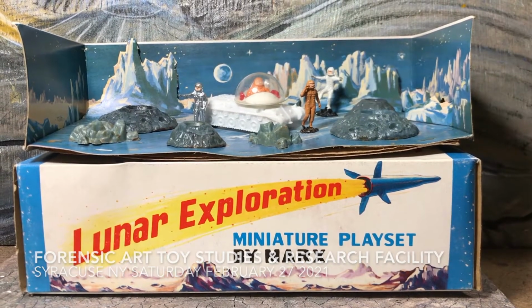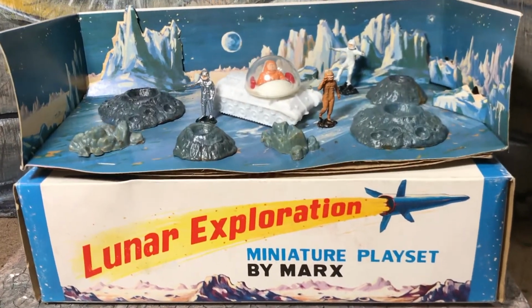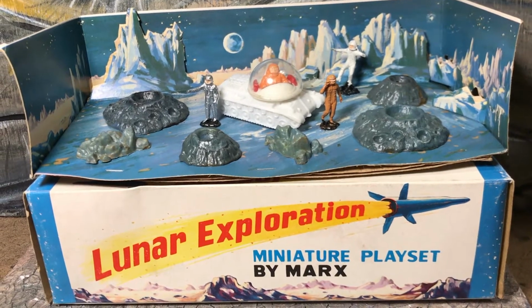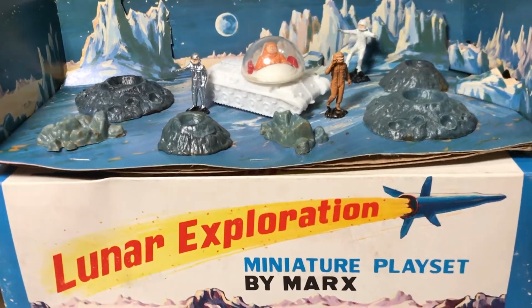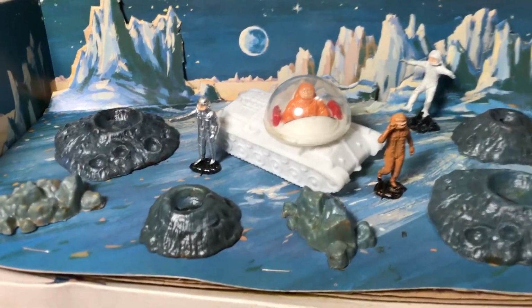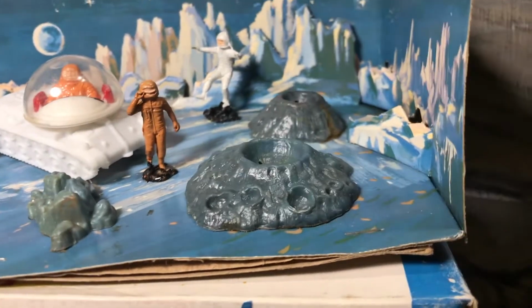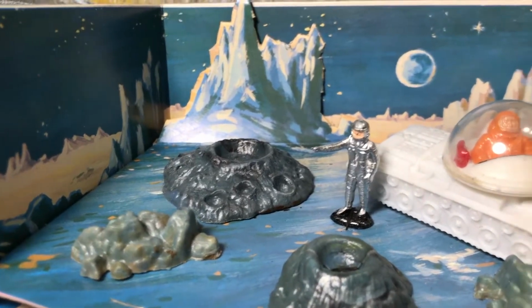Alright, so let's back up and start here. What I'm working with right now is one of these Marx Toys Lunar Exploration miniature play sets. I have one with a 1970 date on it, so I'm pretty sure this one's from 1970 as well. Comes in a window box, nice thing. Printed, I guess die cut,